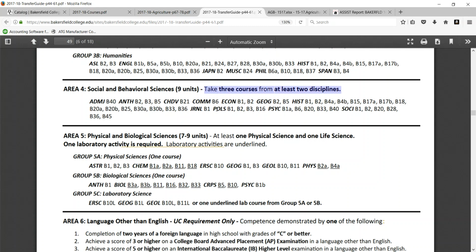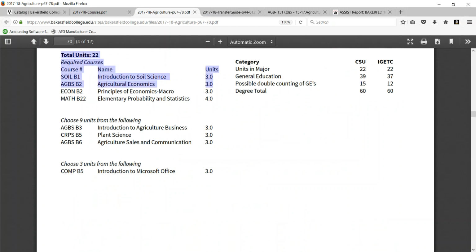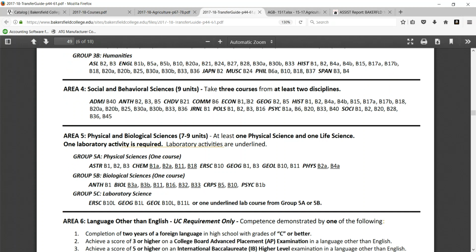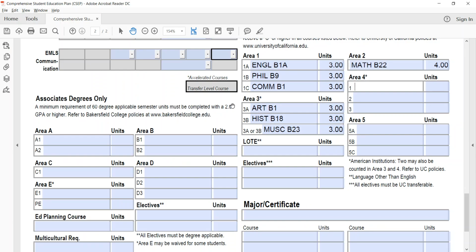So that means that you can't take all 3 courses in political science. You have to take 1 from political science, 1 from communication, and then the other one, it doesn't matter. Now here's where you have to kind of pay attention, because in your curriculum, some of these classes might overlap depending on what your major is. So for Ag Business, one of our required classes is Econ B2, which is actually this Area 4 requirement. So if you can get a class done for not only your major and for transfer, then that is great, and we call that double dipping,